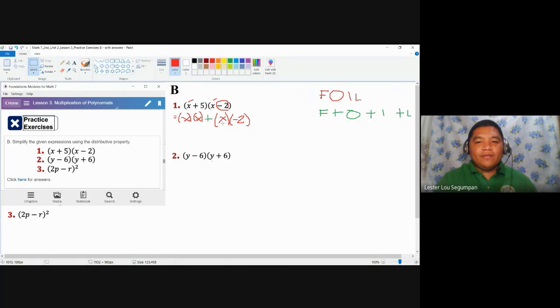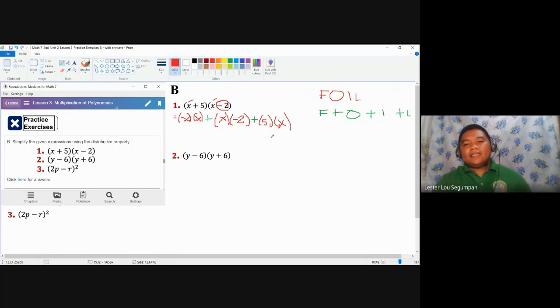Take note that if there are no parentheses here, this may look like x minus 2. Right? So instead of multiplication, you are subtracting x and negative 2. That is why I am emphasizing the use of parentheses and the use of the plus sign to determine the inner, the thing that we did earlier, 5 times x.